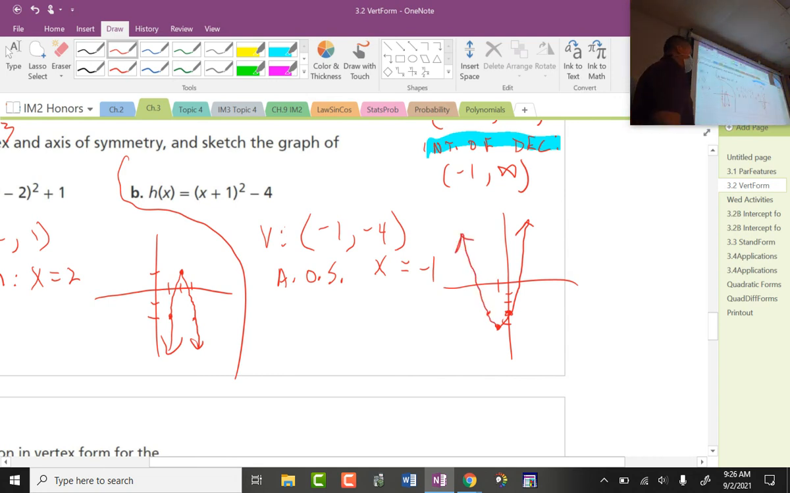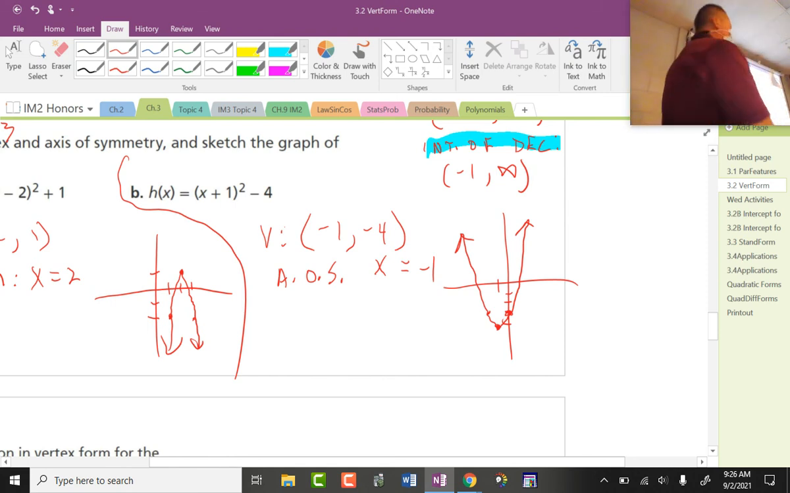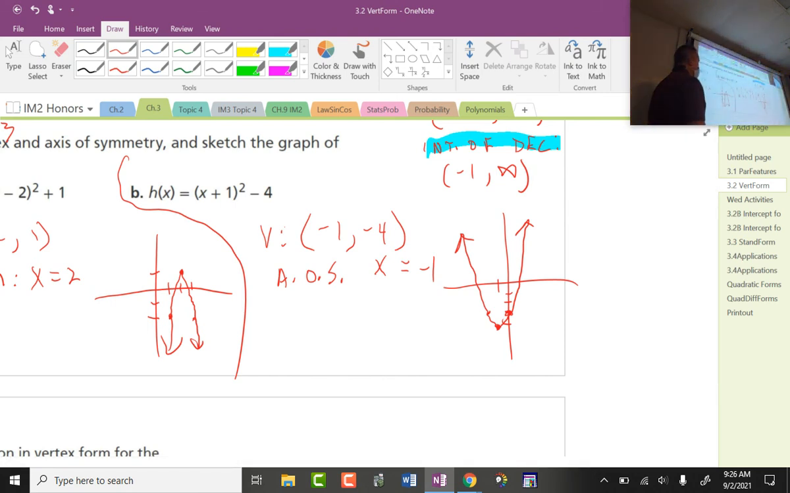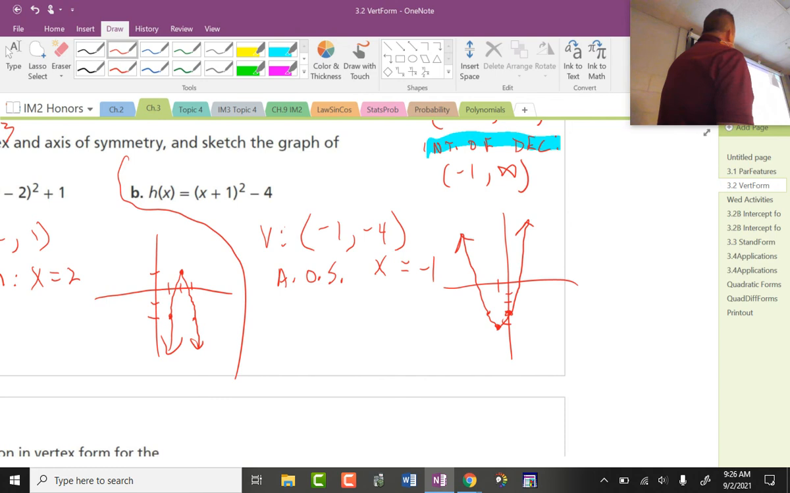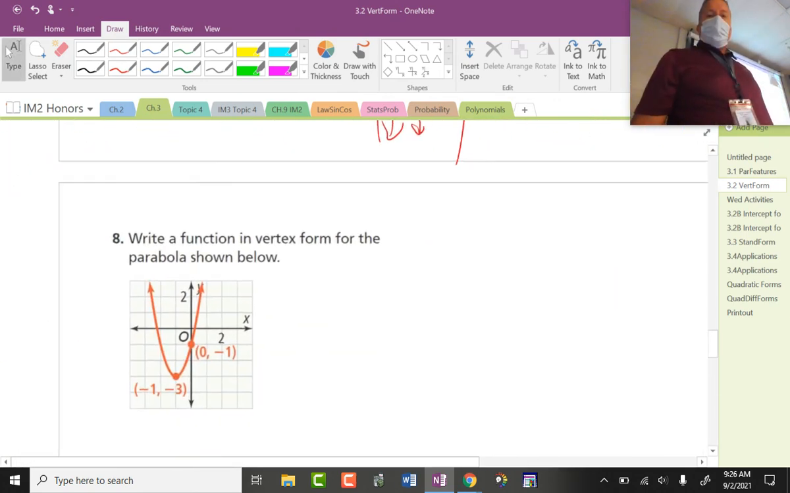I want to get to our next and what could be considered my last example, but I do have to do something. Okay, and that's what they asked. Vertex, axis of symmetry, sketch. It does go up, and that's good enough for me. Okay, now,